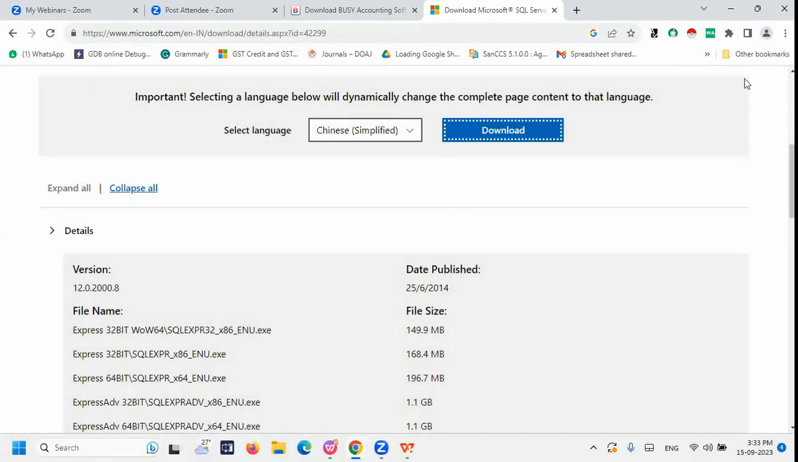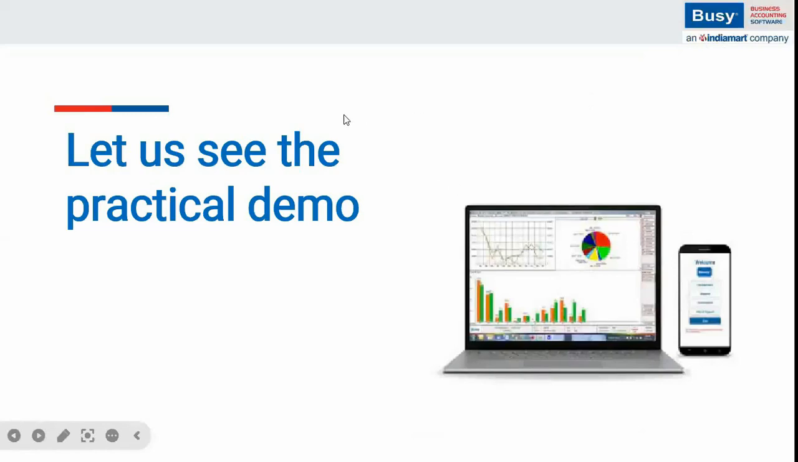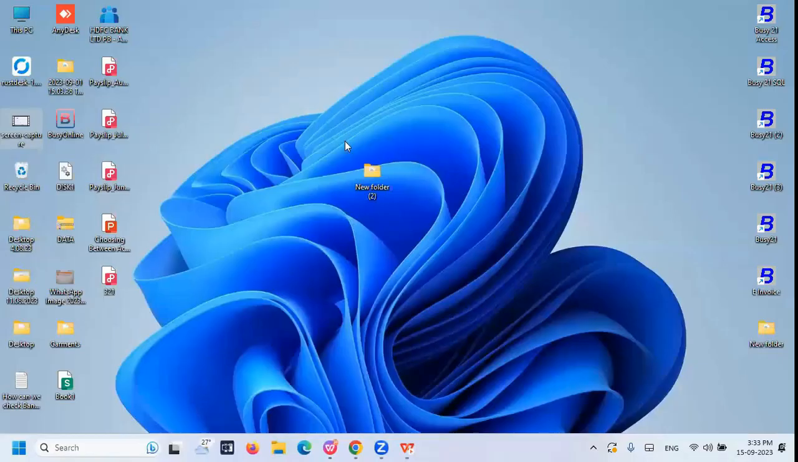After a successful download, you can run the setup file. You have to run the setup file and follow the instructions, and the related video is already available on our official YouTube channel. You can go through that. Once the file